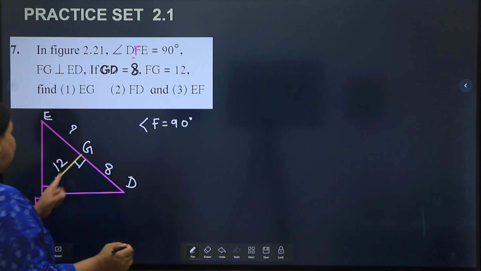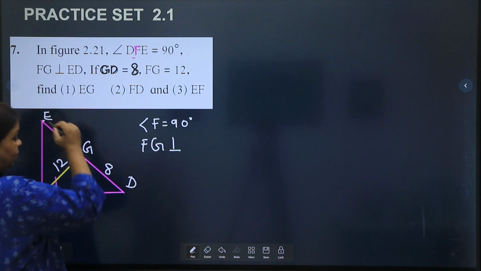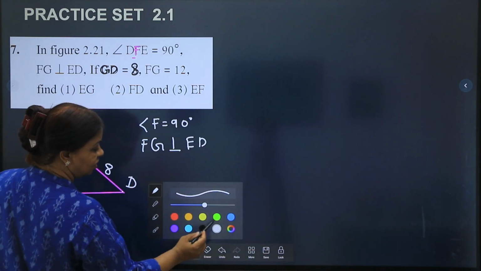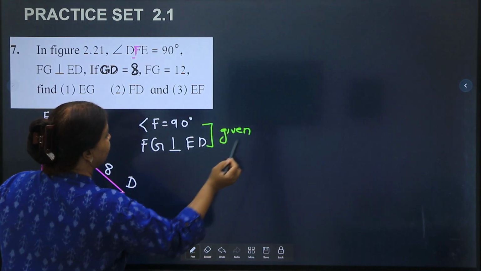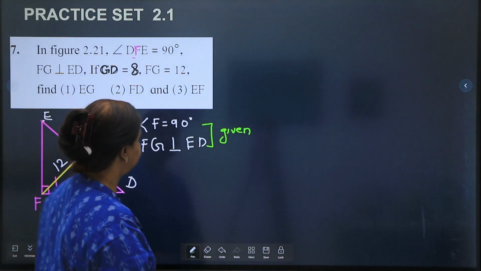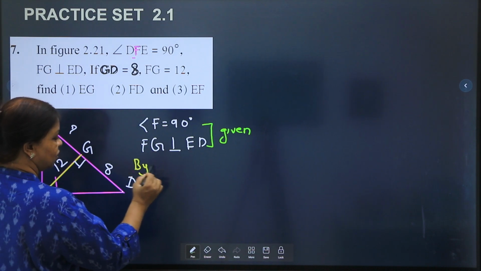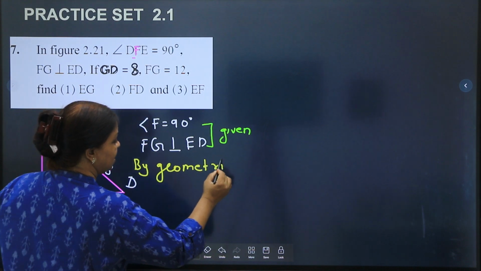And FG is perpendicular to ED. The reason for this is given. If these two things are given, we can easily use the geometric mean theorem. So, by geometric mean theorem,